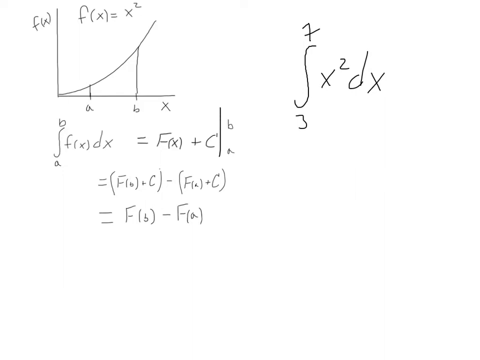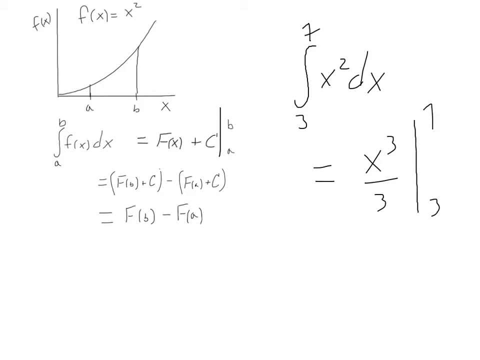Here's how we would write this problem if we had the integral of x squared dx, and that was a force equation that we're trying to find the amount of work done from position 3 meters to position 7 meters. Then we would write equals, and the antiderivative of x squared is x cubed over 3,